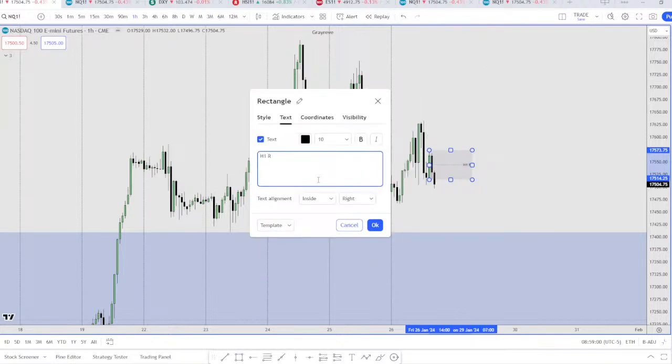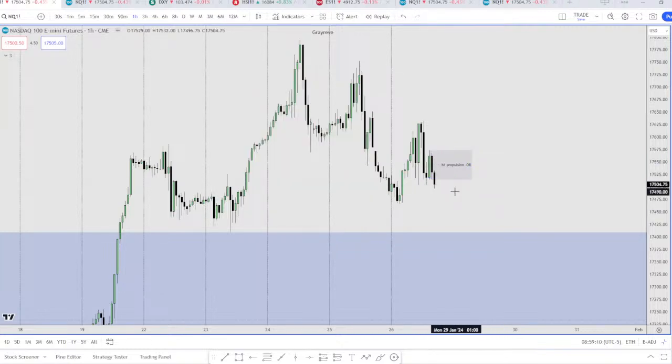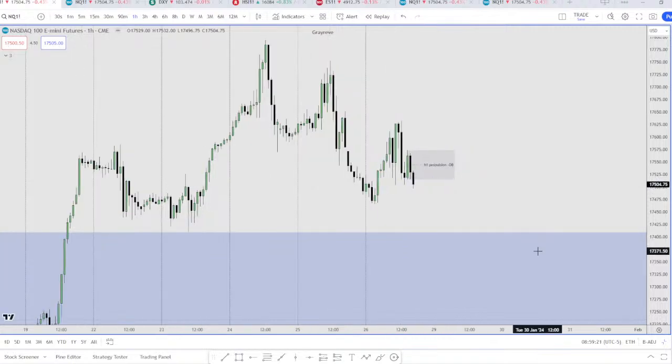H1 propulsion block. Okay, so I'm expecting price to open and then come up into this propulsion block and then reverse lower. Okay. Next week,